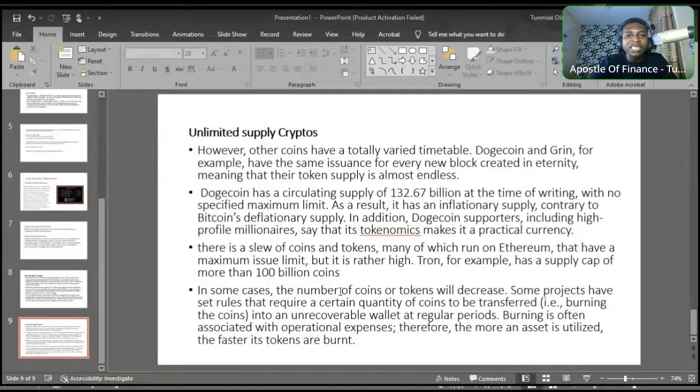Now, in some cases, the number of coins or tokens will decrease, which means there's a mechanism which they use in taking out some already existing coins. Some projects have set rules that require a certain quantity of tokens to be transferred. We call it burning. Many of you have heard that they are burning BNB. You must have heard about that, burning BNB, burning Ethereum,